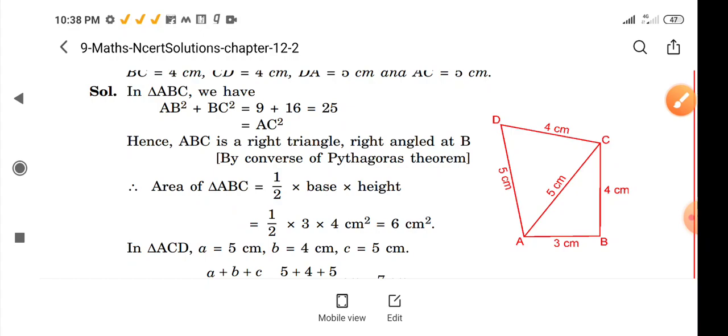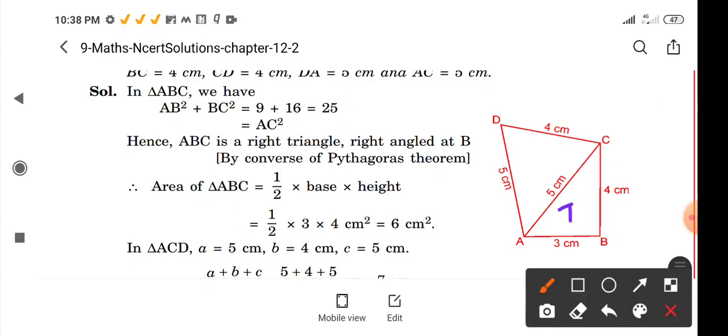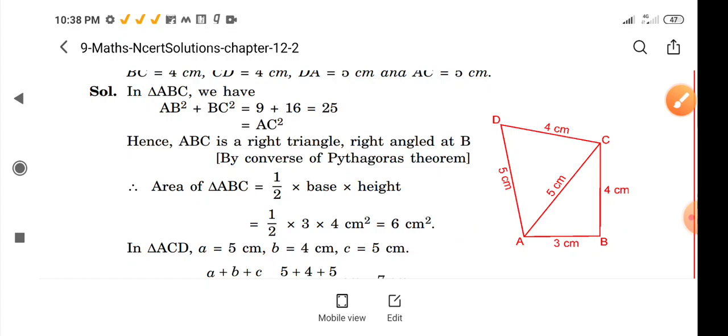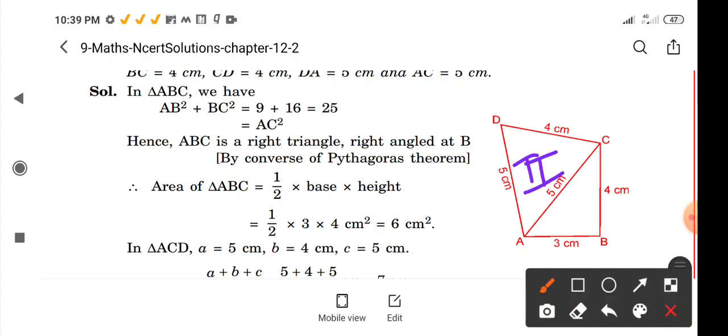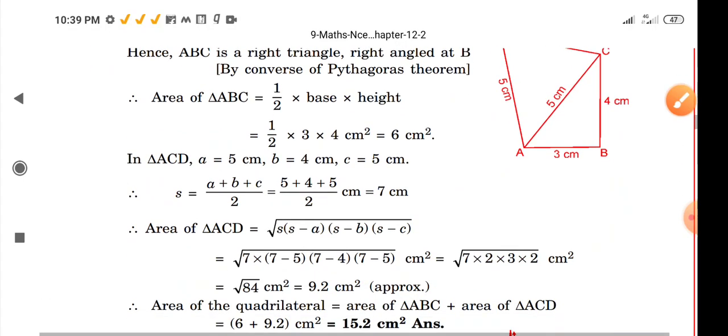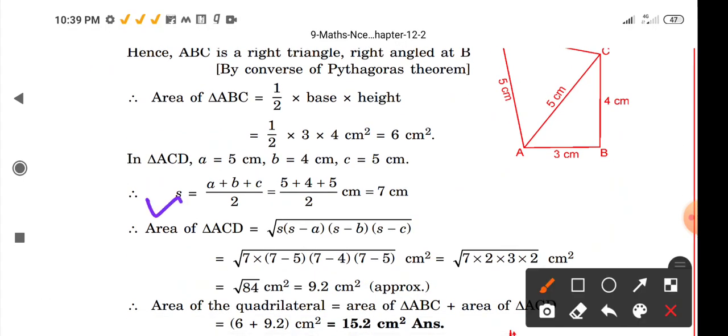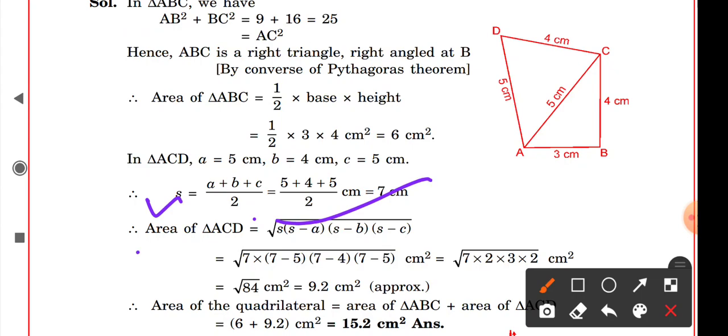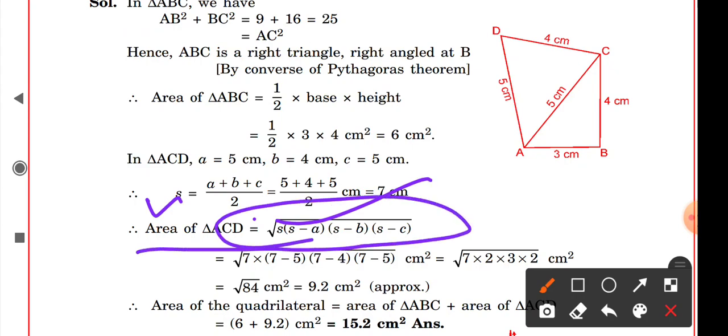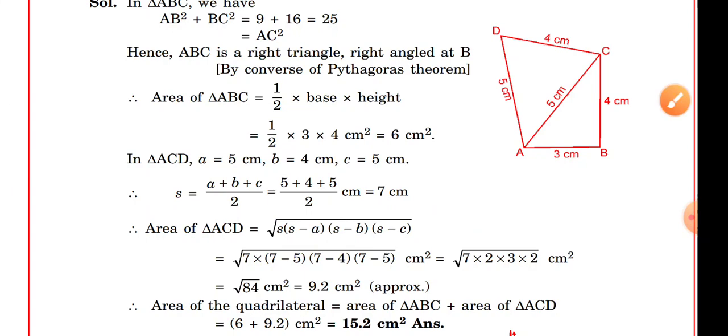But if you don't want to do it, you can directly apply Heron's formula and you will get the same answer in that case also, when you take A as 5, B as 4 and C as 3. Then you find the area and you get the same answer, 6 centimeter square. Now moving to the second triangle. Again you can see that this is A, B and C. You find the semi-perimeter, A plus B plus C upon 2, and then you find the area with Heron's formula. You put all the values and finally you get this answer.